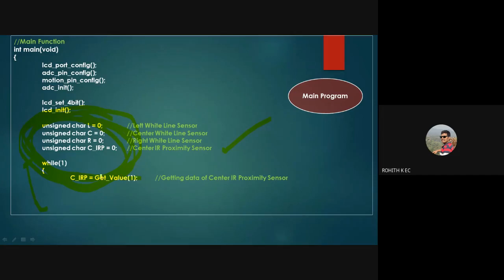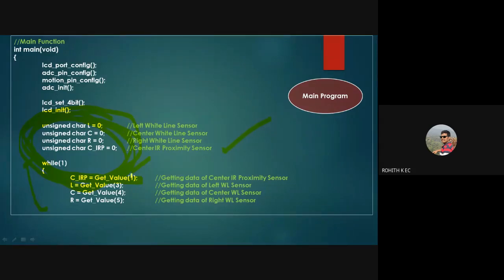If you recall the earlier slides that I've discussed, the center IR proximity sensor ADC address is 1, so I'll be assigning that here. Similarly, the left white line sensor address is 3, so I'll send 3. Center white line sensor address is 4. Right white line sensor address is 5. This is used to get the data from these sensors.